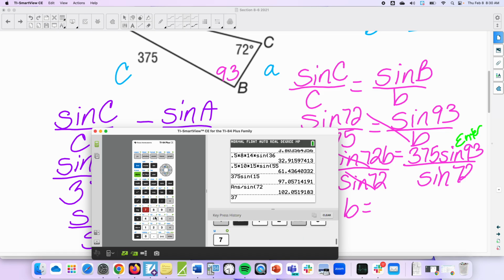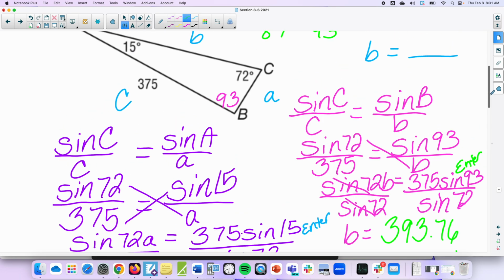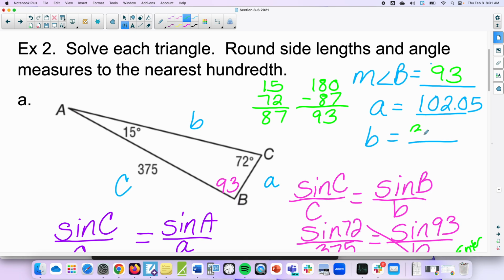So 375 sine 93, enter, divided by sine 72. Did you get 393.76? Is that right? Claire, is that what you got? It is, right? Okay. So that is